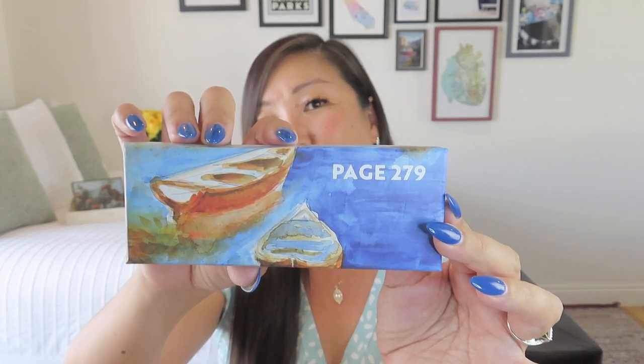And then this one I thought was really beautiful, our last gift for page 279 with the boat. Just really, really lovely. This one as well is a really pretty, nice reusable box. Okay, so let's go ahead and read our...